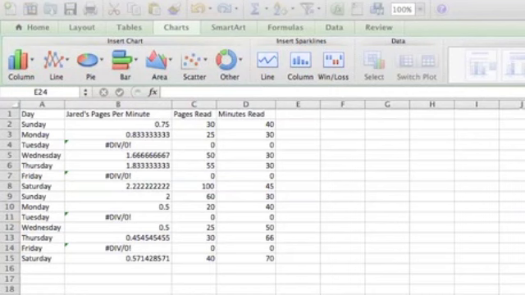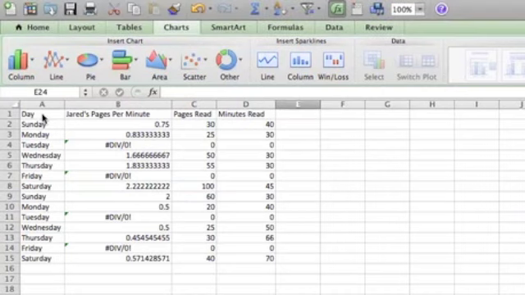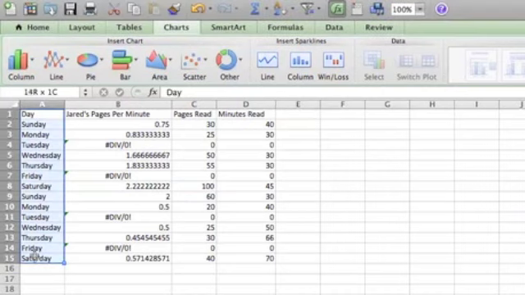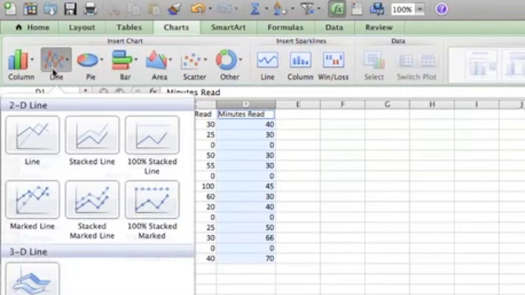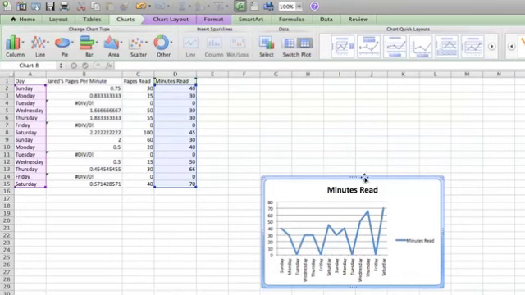Now that I have one type of graph, Jared's pages per minute, I'm going to show you another way of using this same data to create a different graph, and we're going to create a graph for minutes read. I'm going to click on column A where it says day, and I'm going to highlight all the information down to Saturday. I'm going to click the Apple key or the Command key and highlight everything in column D, and I'm going to drag it down to the bottom there. Then I'm just going to click on line graph and choose a basic line graph, and I have minutes read here,